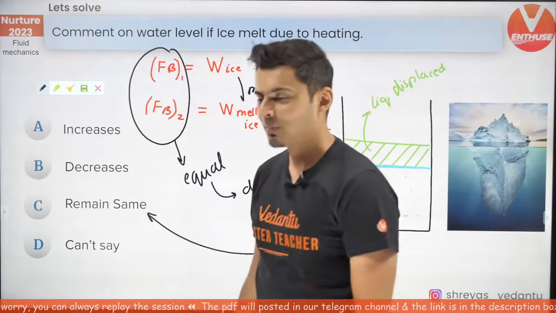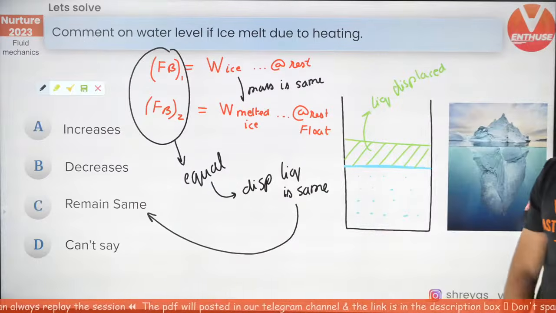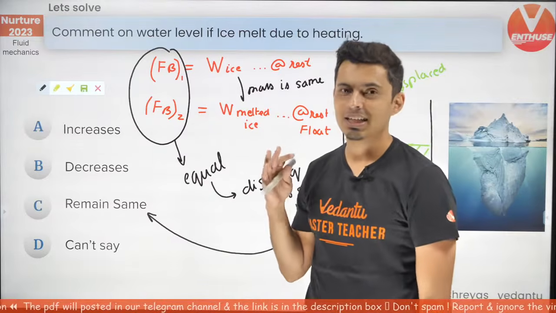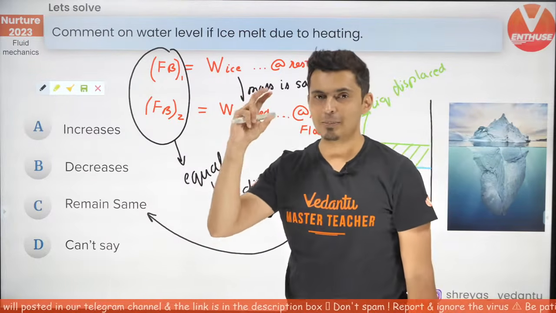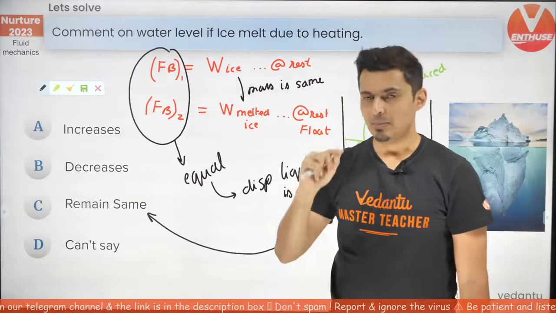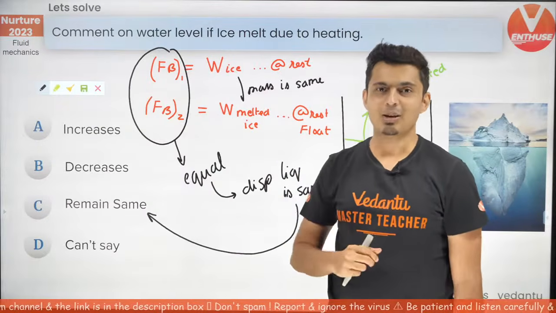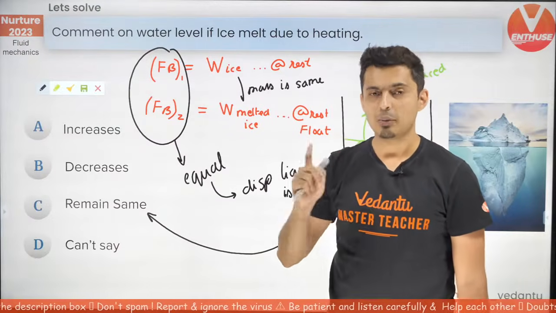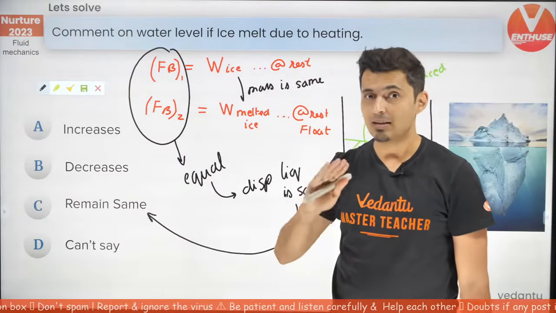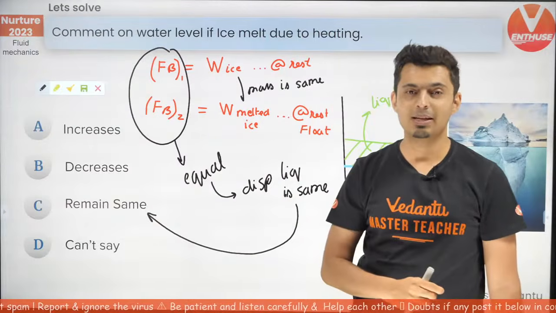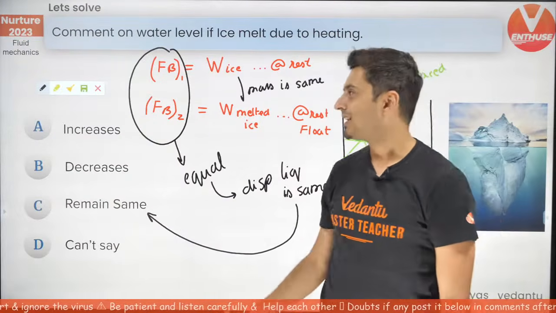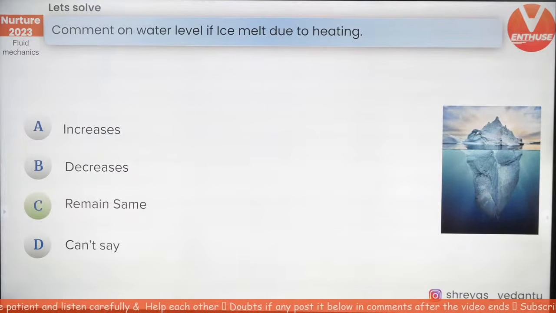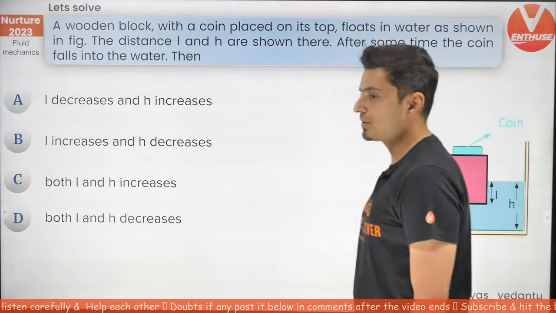Is that understood? A lot of people make a silly mistake here. They think it is going to increase. Now if you do not believe me, just leave ice in a jar of water and mark the level. Come back after 1 hour and see the level of the water inside that container. Once that ice melts, you will see it will not change. Yes, believe it, it won't change. And I've just explained the reason to you over here. So it remains the same, perfecto. Let's go to the next question.